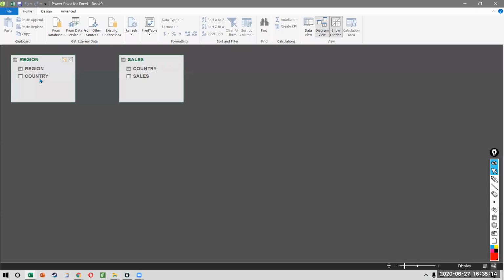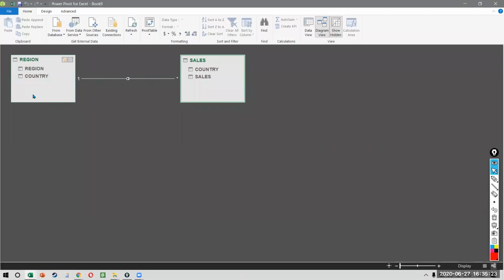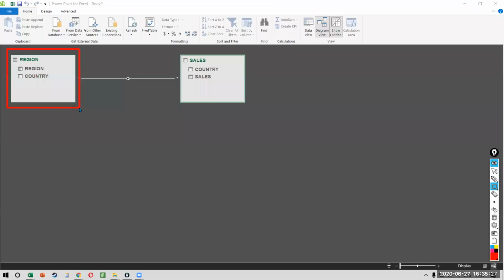So I can select country, drag it and put it on country. And what have we created? We have created a one-to-many relationship. One means that in this table, every country is mentioned one time because it's a dimension table. And this is a fact table. That means that every country is mentioned numerous times.